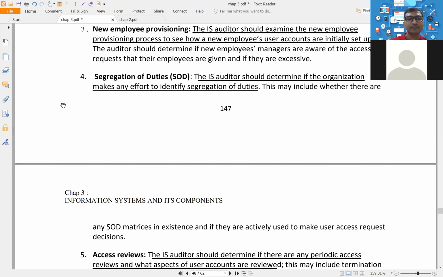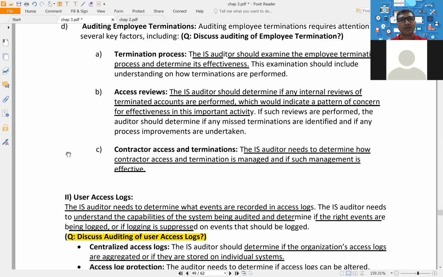Okay. And the final bye bye process: whenever users leave the company, or we remove the employee from the company, then as an auditor we should make sure that the company is following the termination process very well or not. Because if they are not following it properly, for example, once the user says I am going, their power should be reduced. Once he leaves the company, their username and password should get deleted from the system, so they cannot access afterwards. If you don't follow such a process, then your employee can access your data even when he is not in the company, which is very dangerous for the company.